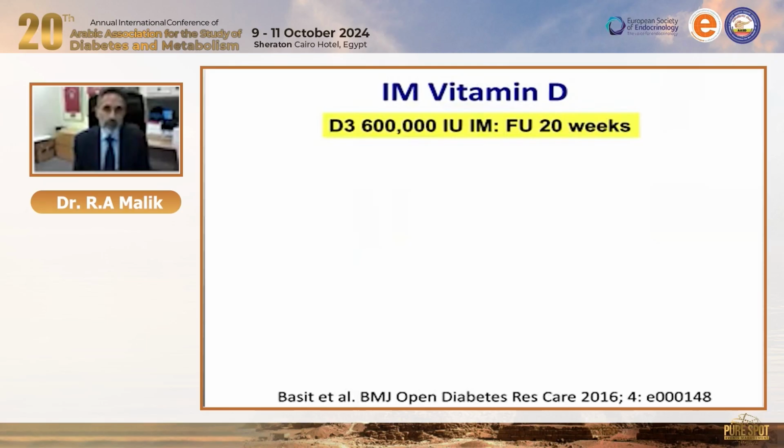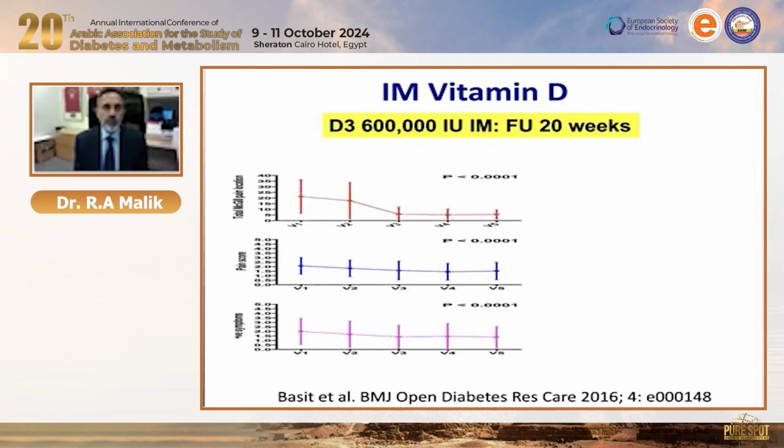And as an alternative, and it's something that I use in my clinic actually, we have shown previously that giving vitamin D actually probably has an equivalent effect. There's about a 50% reduction in pain scores with giving vitamin D3, followed up over 20 weeks. You can see improvement in total McGill pain score, the pain score, and positive symptoms on the DN4, highly significant